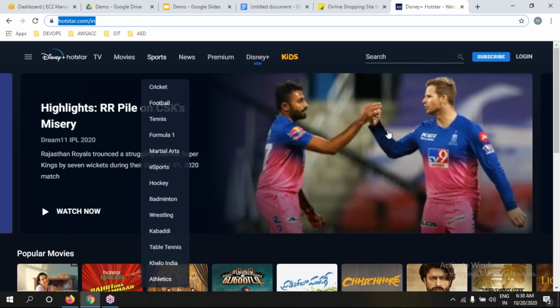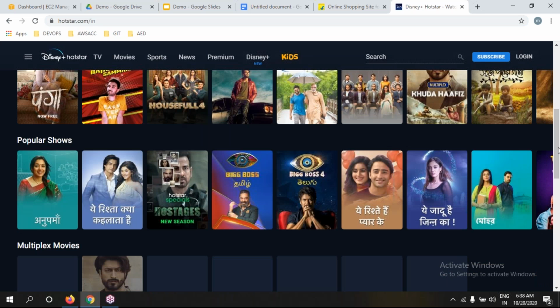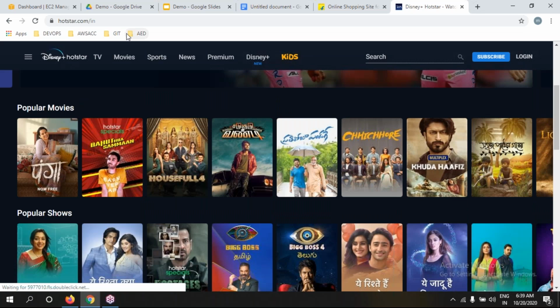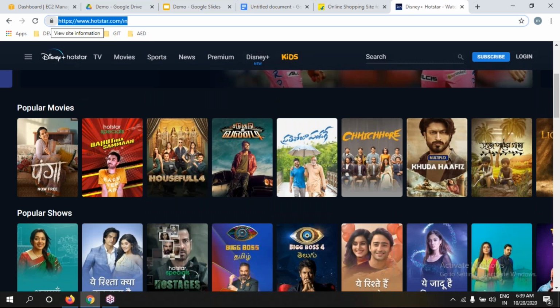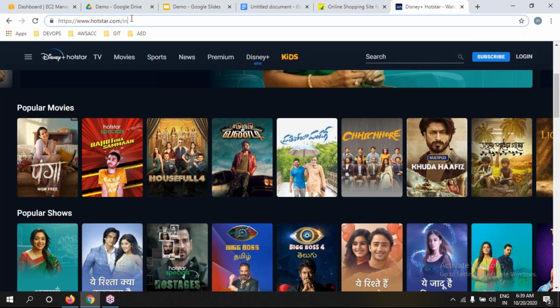Anything we are able to access over the internet is nothing but an application. Blindly remember. So this Hotstar.com, this Hotstar software, the working software is an application.